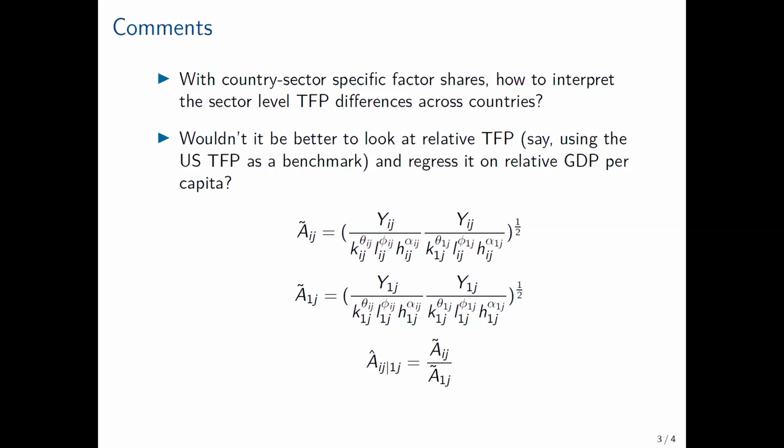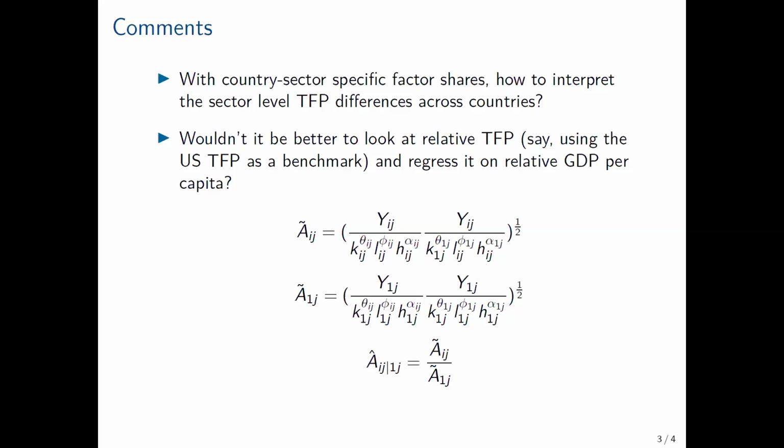So what would that do? How is it different from the standard measure? Basically, the difference depends on the input, with the factor share differences as the exponent. So you need to control for some of the technology differences. So I thought maybe this would be a better way than directly regressing on GDP.